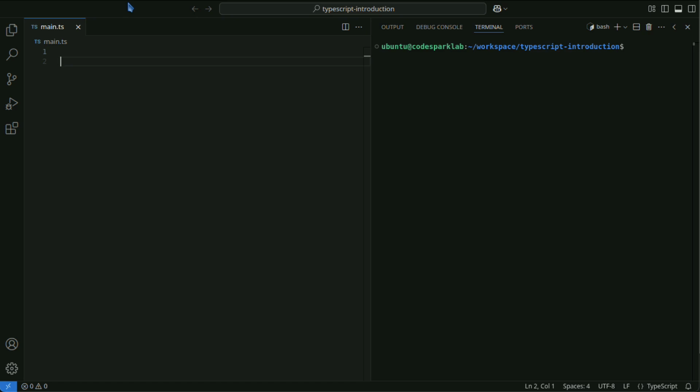Accessor decorator: a decorator applied to a getter or setter of a class property. Property decorator: a decorator applied to a property of a class. Parameter decorator: a decorator applied to a parameter of a method.